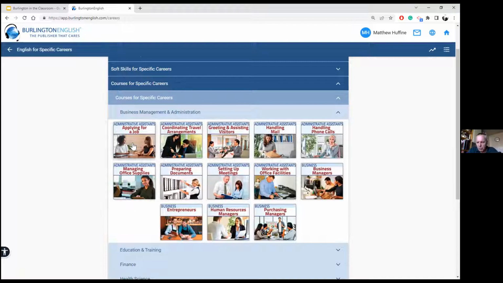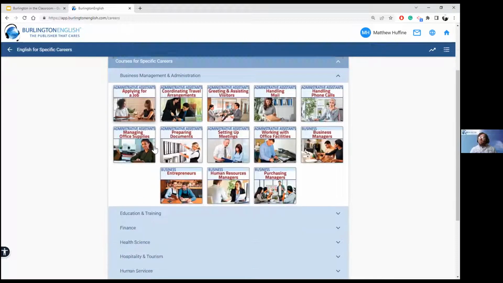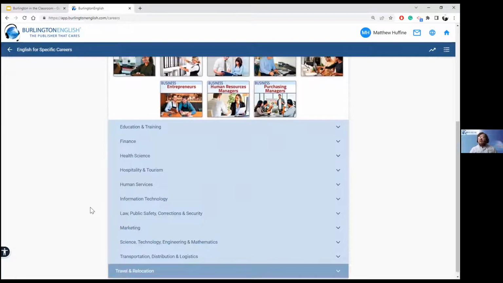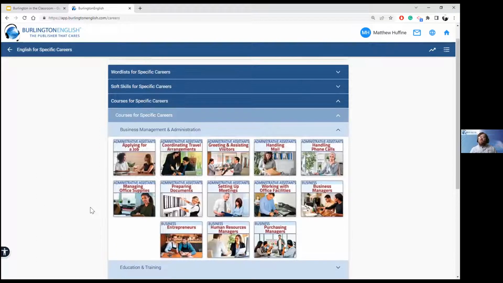And as you can see, we've got a whole slew of them. So we've got a business cluster, we've got education, finance, all the way down the line here. So these are super new, and they're really robust courses. So if this is something that you're interested in, or you have students that might benefit from this, I would love to spend more time with you one-on-one to kind of go through some of these courses and kind of orient you and your students as well. So that is a brand new feature,